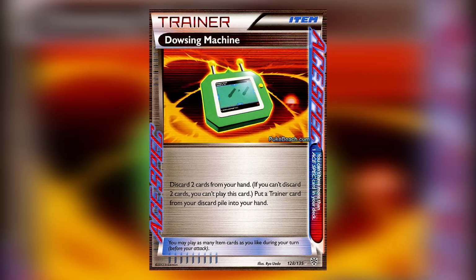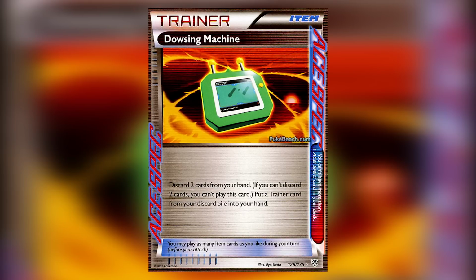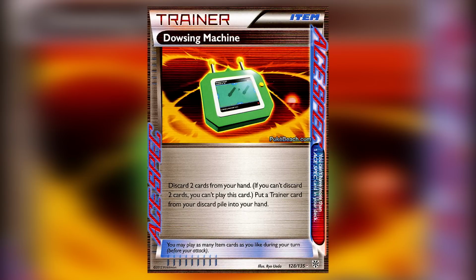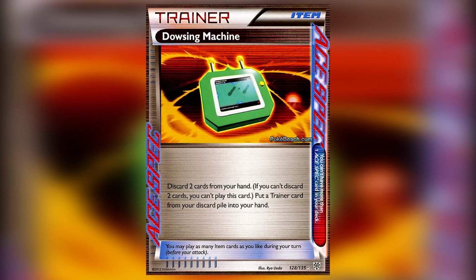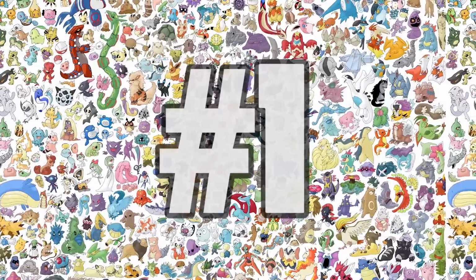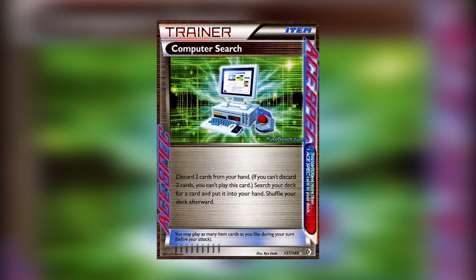Let's say you start off with the Dowsing Machine, and all you have is Pokemon and energy. And a stadium, you play the stadium, and then you play your Pokemon energy, and then it's like, well, I can't do anything with this Dowsing Machine because you've got nothing in the discard pile. So it's still much more playable than a lot of these other A-Specs, and definitely deserves the number 2 spot in my book. Coming in at number 1 is, of course, no surprise, we have Computer Search, and this one